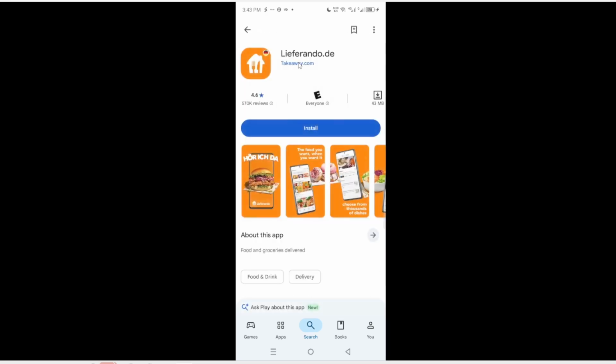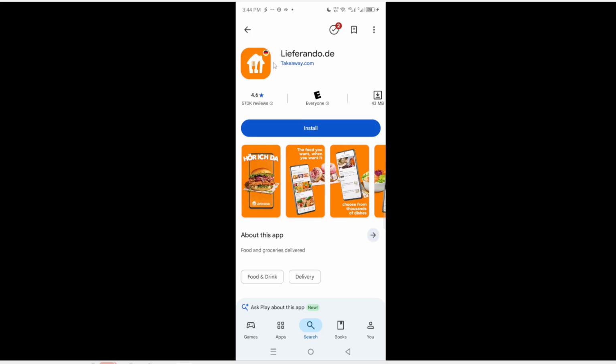This is important because there may be other similar apps available. Ensuring that you choose the correct one guarantees you are downloading the right application. The official app will have a recognizable logo and a good number of downloads and reviews. Tapping on it will take you to the app's dedicated page where you can find more information about its features, ratings, and user feedback. Take a moment to verify that it matches what you are looking for.